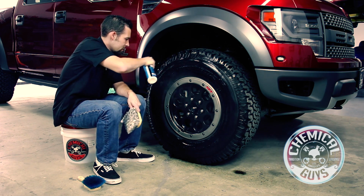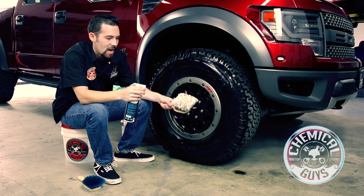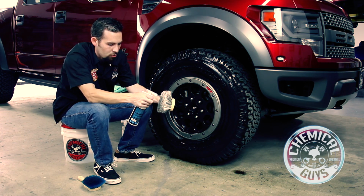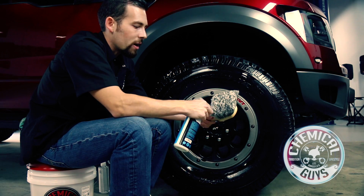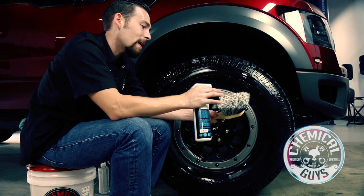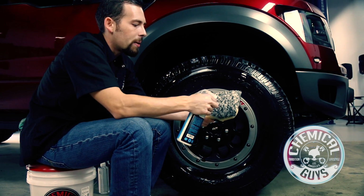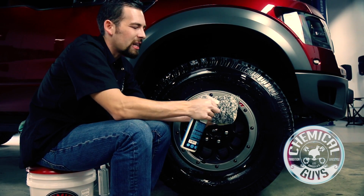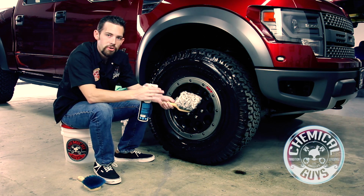There you go, and I'm going to go into the tread as well. Now I'm going to take my flag tip brush and spray the Silk Shine directly on the flag tip brush. You want to leave this brush specifically dedicated to tires, so you can write tire on the back with a pen, but you don't want to use this brush ever again for cleaning any other part of the car,